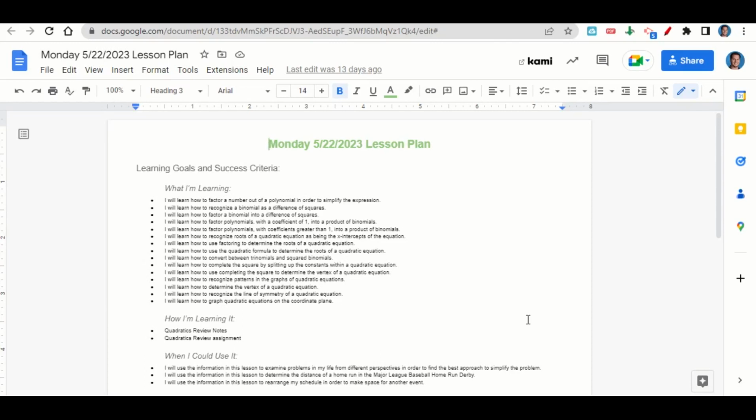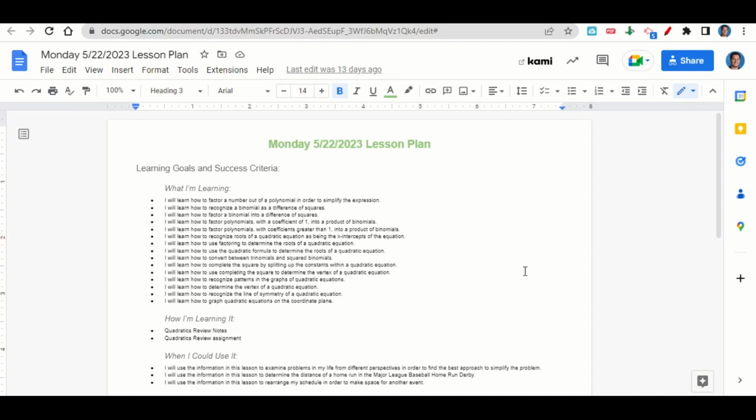We're learning how to factor a number out of a polynomial in order to simplify the expression, how to recognize a binomial as a difference of squares, how to factor a binomial into a difference of squares, how to factor polynomials with a coefficient of 1 into a product of binomials, how to factor polynomials with coefficients greater than 1 into a product of binomials, how to recognize roots of a quadratic equation as being the x-intercepts of the equations,